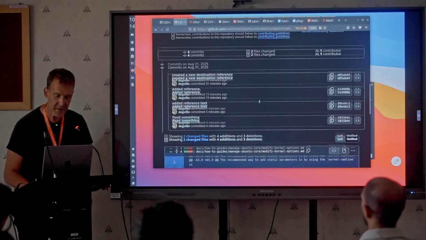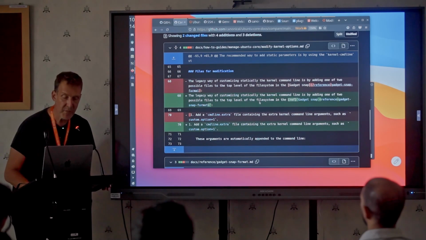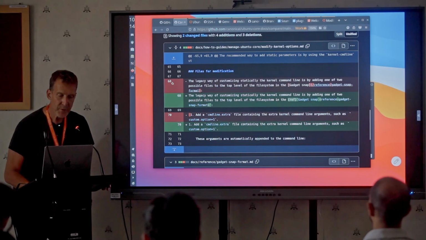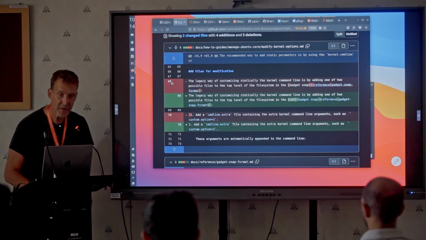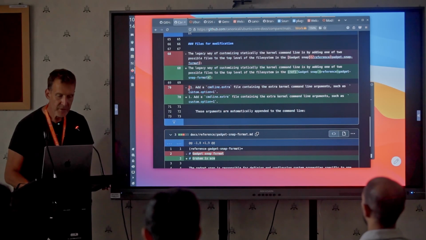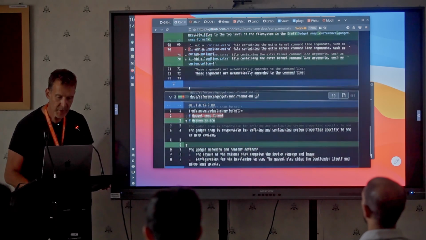And the useful thing is that below, if you're familiar with diff views, you can see all the changes that you've made to the documentation. So the things coloured in red are things that have been taken away, things coloured in green are things that have been added. Without colour, you'll see a minus and a plus symbol. It's just the structure of a Unix utility called diff. So you can see I actually did what's called a drive-by fix. I didn't even mean to. I deleted a space there as well. But otherwise,